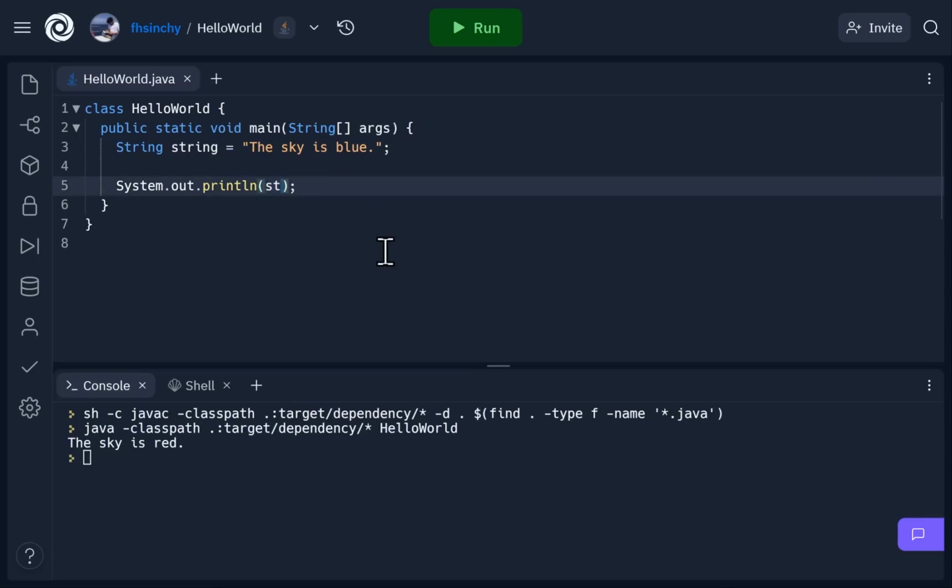To do so, you will say string, which is the name of our string here, then a dot, and then contains, and you will need to pass the string that you want to check for to the contains method. In this case, it's sky. Save the code and run it. Since the string contains the word sky, the output is true. But if you put something that is not present within the string, such as free code camp, and run the code,